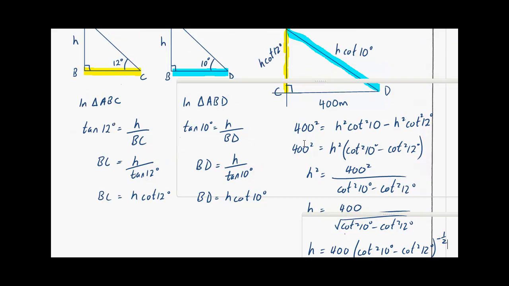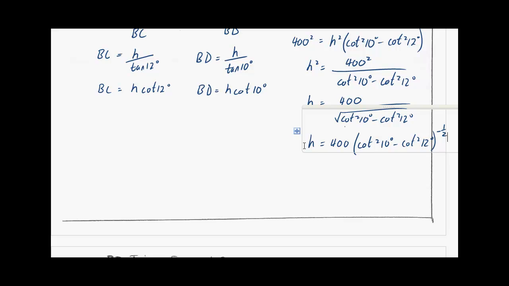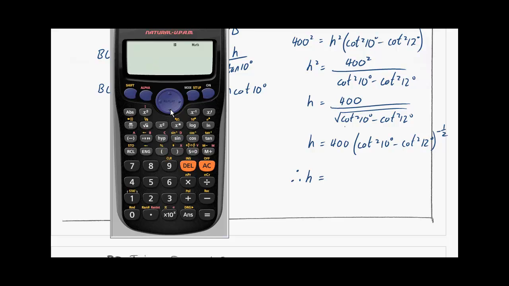Okay, so that's the major part of the question. It then says, hence find the height of the mast to the nearest metre. So what we need to do there is use our calculator to find the final answer. Okay, so remember on your calculator that you need to use tan instead of cot. Alright, so 1 over tan 10 degrees